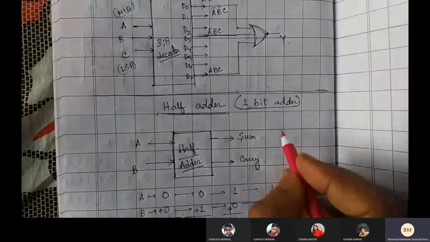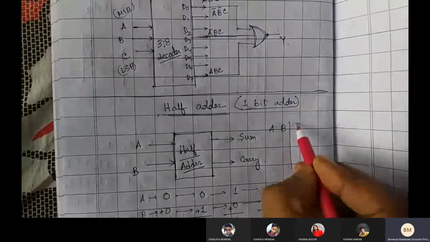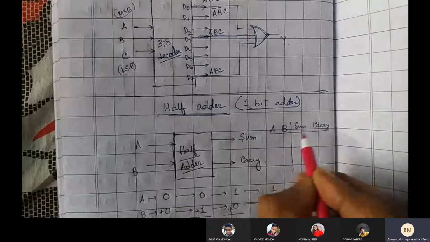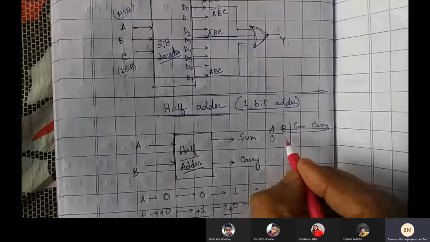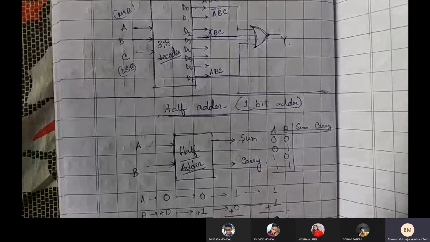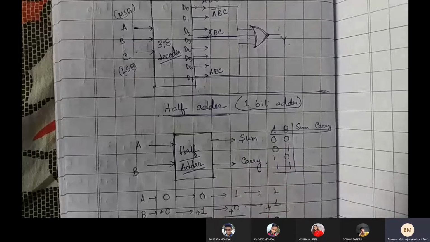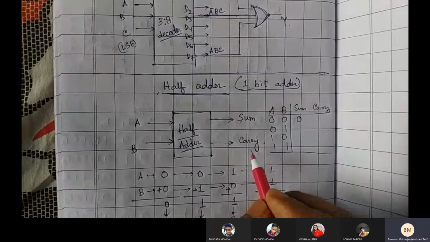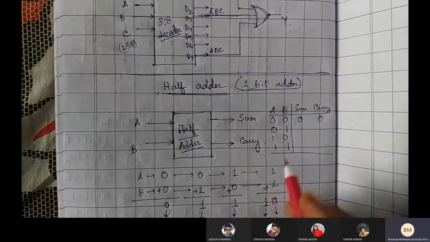So accordingly, we can write down the truth table as A, B. These are the inputs, and outputs are sum and carry. In a few books, you may find it written as S and C. Whatever. So 1, 0, 1, 1. Right. So these are the 4 outputs. So 0, 0, as we have found, means output sum is 0. What about carry? Carry is also 0, right? So no carry over, so carry is also 0.